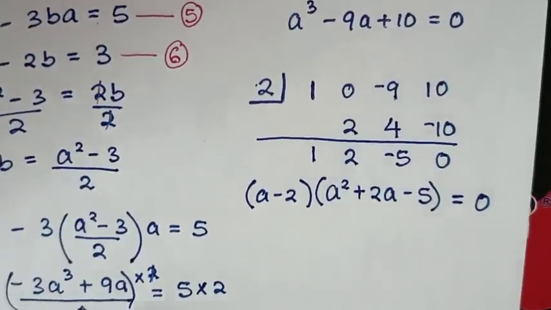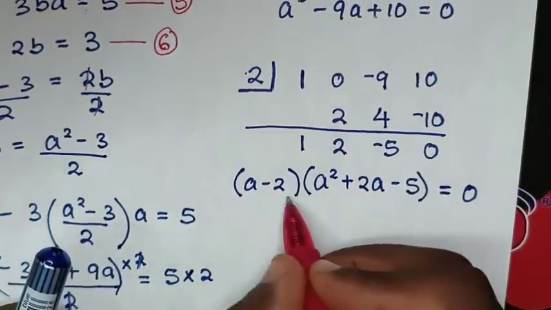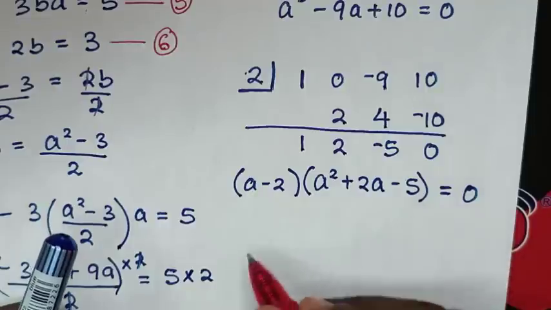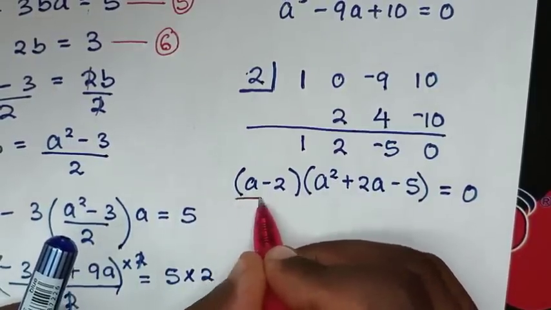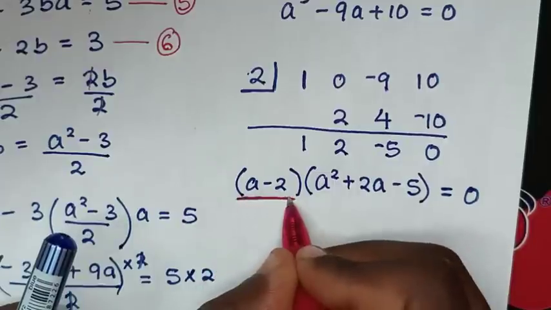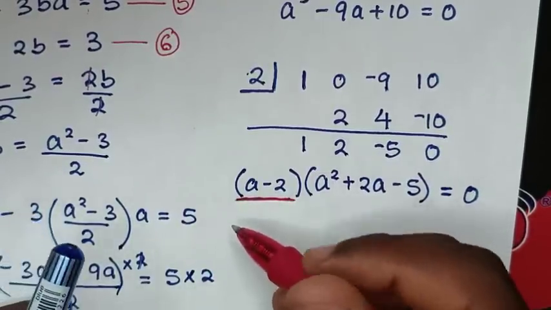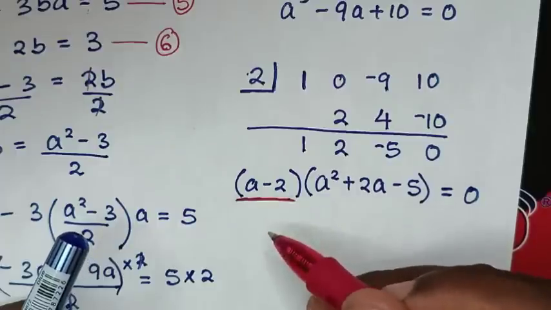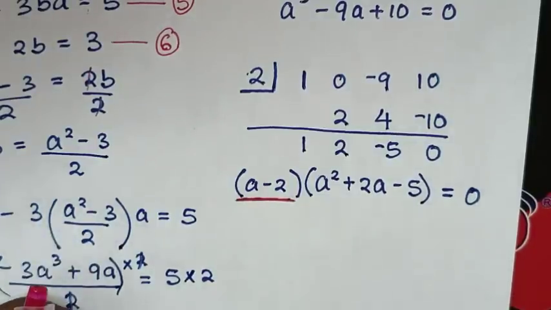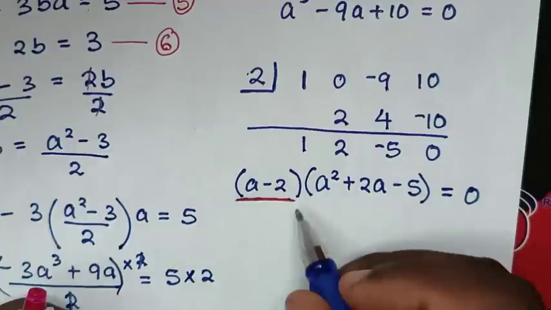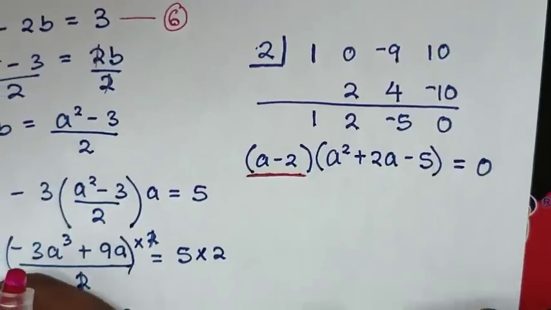So in the first step, from here we have two solutions, this and this solution. So let's start to deal with this linear equation of a is equal to negative 2 to find the value of a and b. Then after finding the value of a and b, we are going to find the value of x and y. From only this a is equal to 2, then after we'll find for this quadratic equation. Now from here